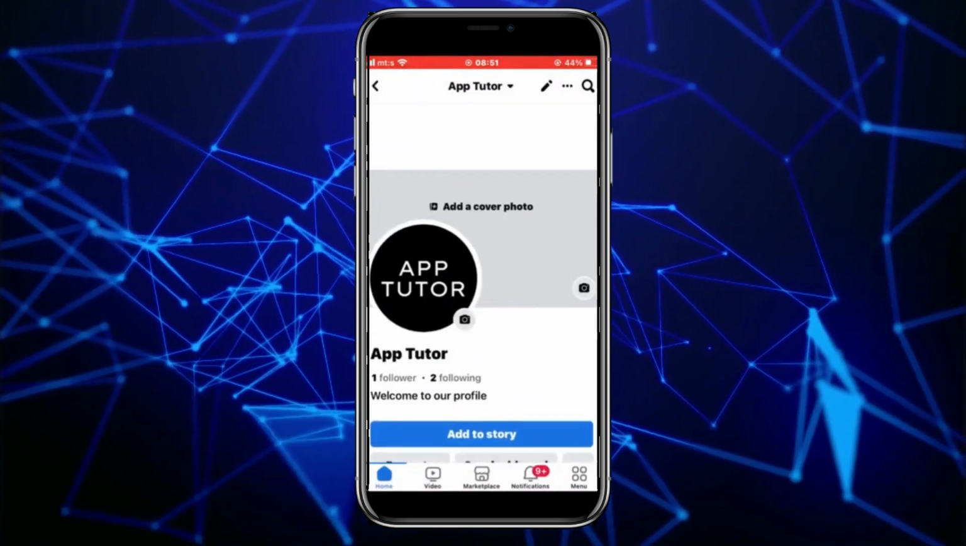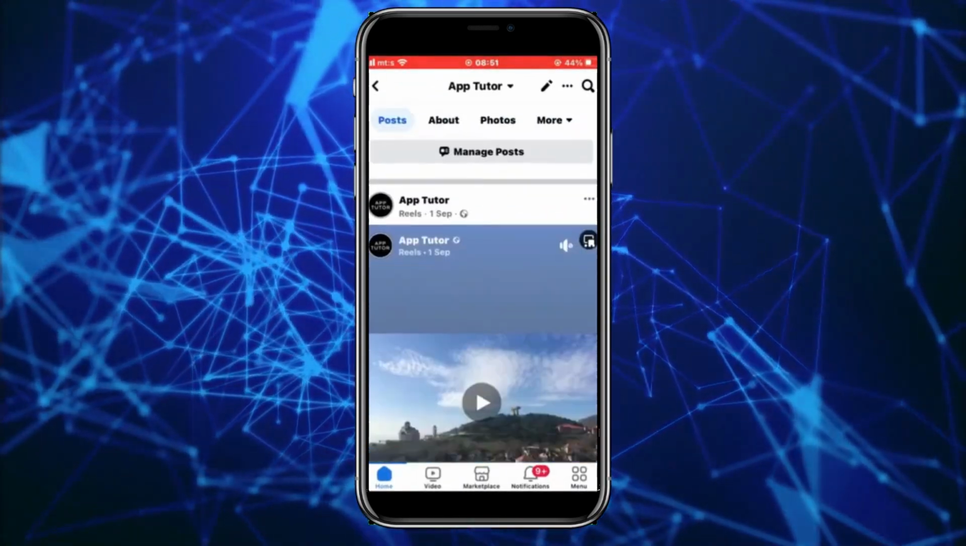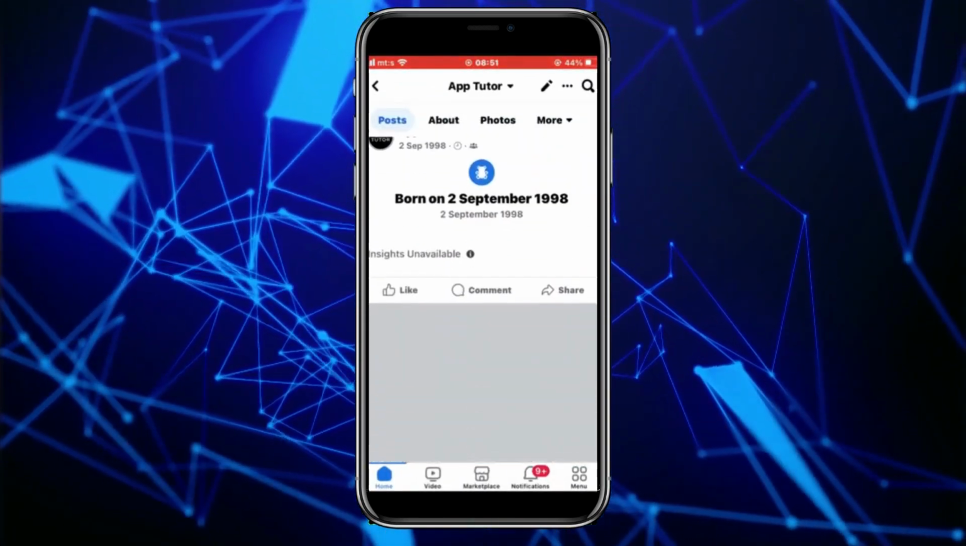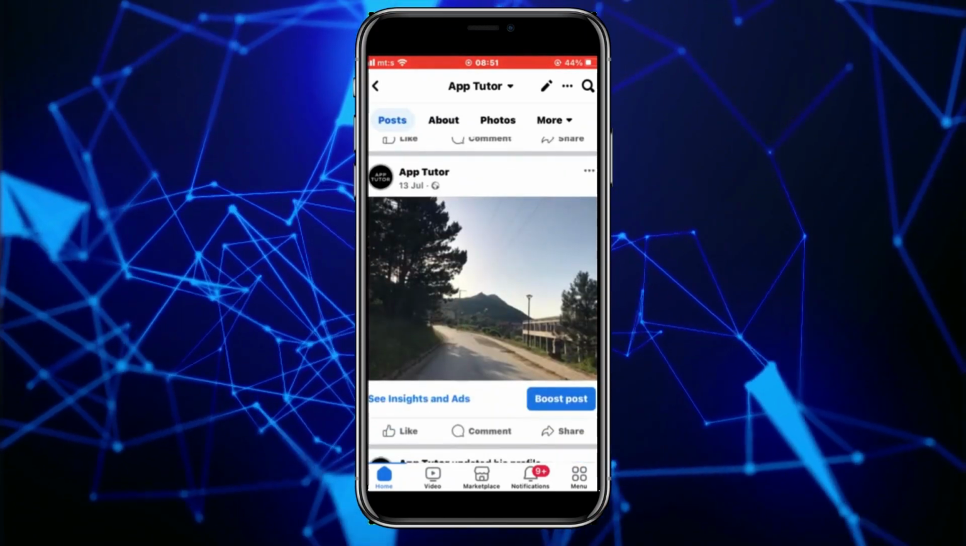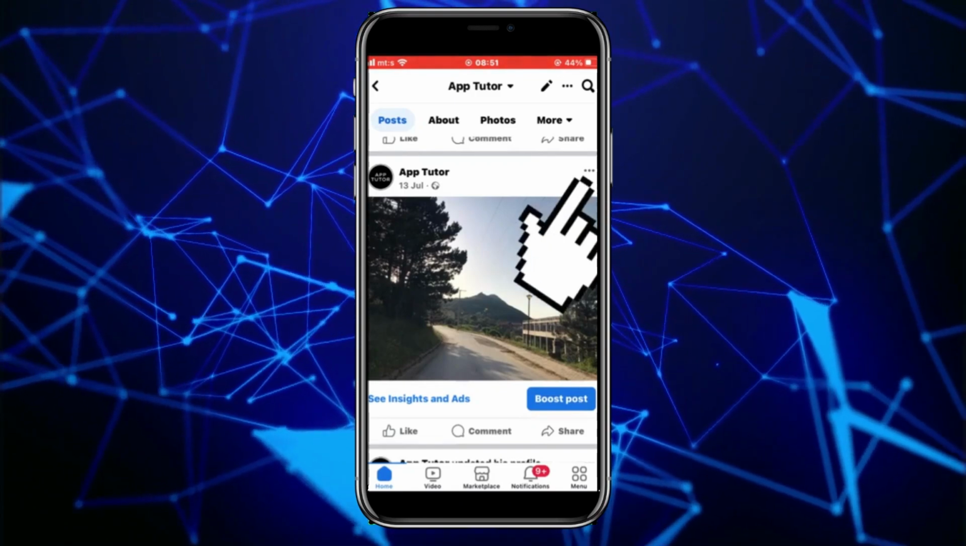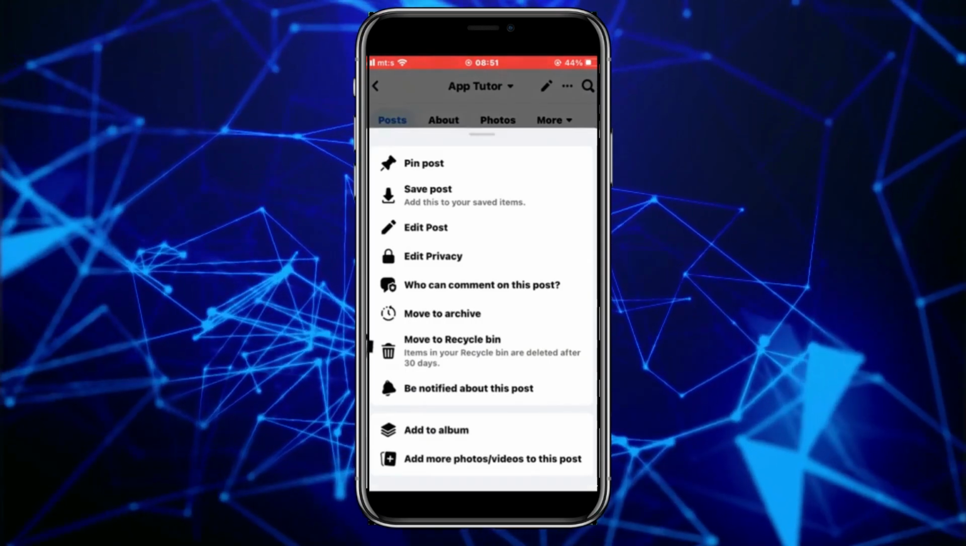And I also have another method on how you can remove the photos. We'll go back to our Facebook profile, and then we can scroll through our timeline. Now, if you want to delete a Facebook post that has multiple photos on it, you can tap on the 3 dots at the right side of the post, and then click on the Move to Trash or Move to